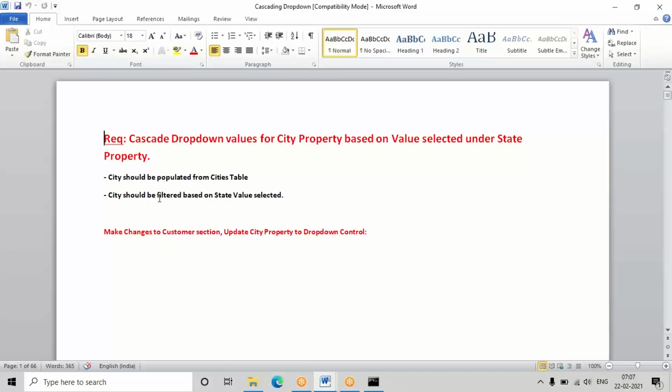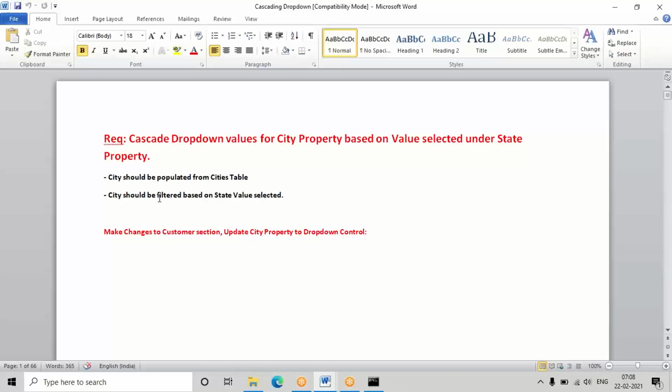Whenever these filter conditions are applied, in 100% of cases we will use parameters. In this requirement also, whether you use a report definition or a data page, in both cases we have to use parameters.